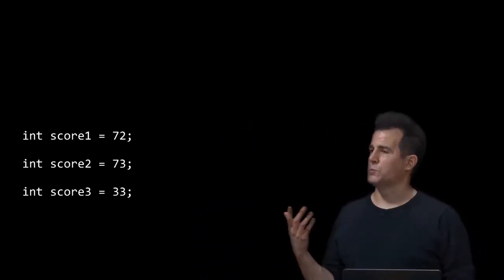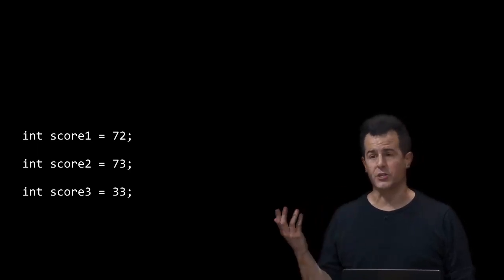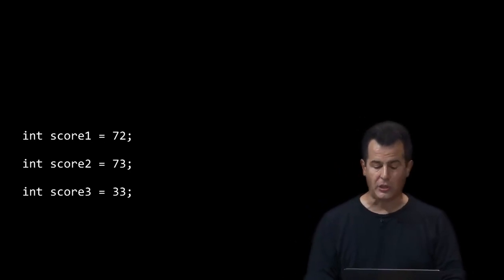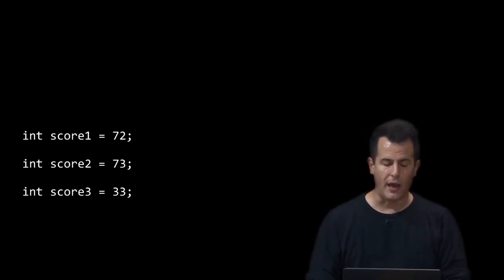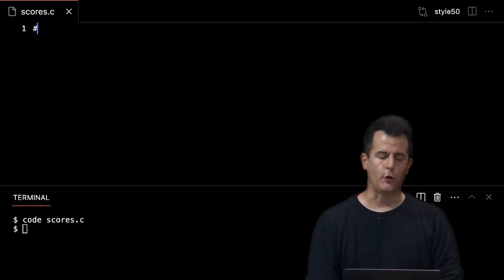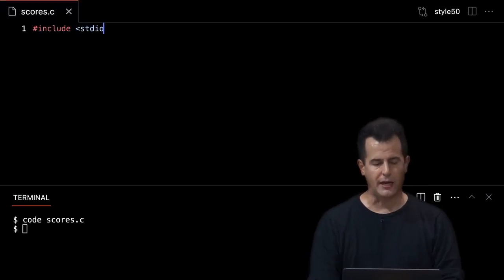And the purpose in life of this program is maybe to average those 3 scores together if you want to get a sense of where you stand in some class. So we can certainly whip up some code like this. And in just a moment, let me go ahead and flip over to VS Code here. And I'll write up a new program called scores.c. And in this, let me go ahead and first include standard io.h, int main void at the top.